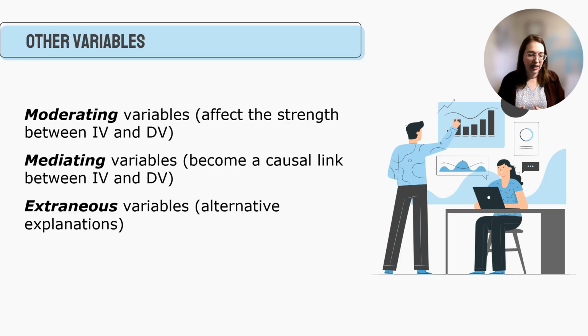Maybe you are looking at the relationship between race and performance in a class, and you want to see, do certain groups of students racially perform better than others? Well, maybe you find that students who perform better than others belong predominantly to one group, like a Caucasian group. Well, maybe the alternative explanation is those in the non-dominant group didn't get as good of an education, and so they're not able to perform as well. Or maybe there's a teacher that favors one group of students, one race of students over the other, and so those students that are favored are going to do well. So maybe it has nothing to do with the relationship between race and performance. Maybe there's an alternative explanation, the teacher or things outside or past.